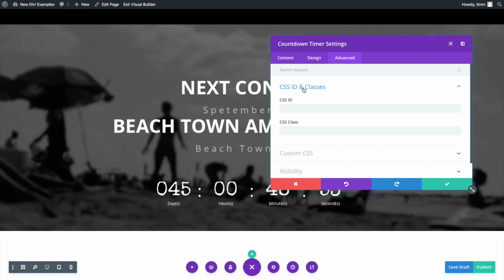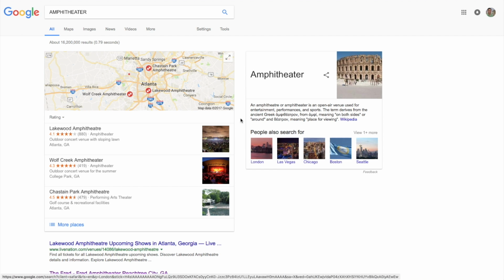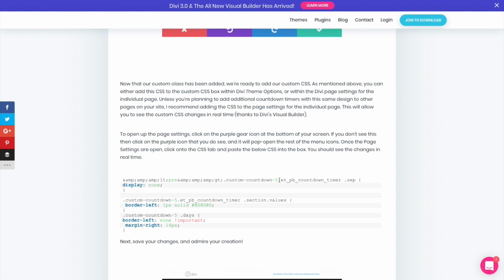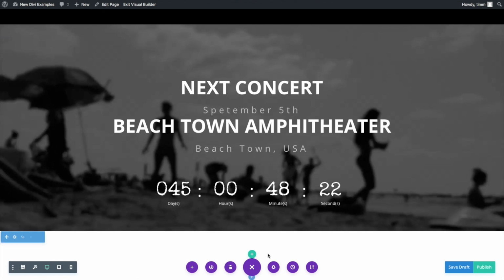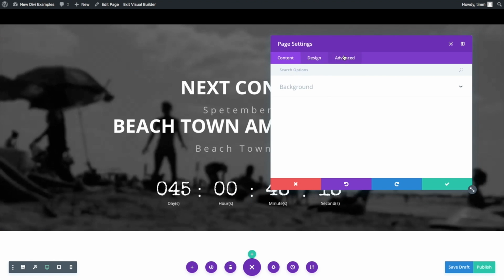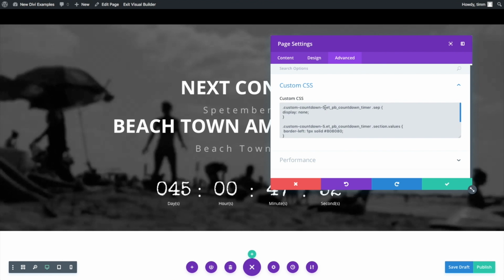So instead of putting it directly into this section, we're gonna actually put it into the entire page's custom CSS code. So I'm gonna just add in this CSS ID here. I'm gonna go back to that. Then we're going to copy the rest of this code here. I'm going to put this on the main page custom CSS. So to do that, you just scroll down here to the bottom, click on this, click on the little gear icon, click on advanced. Just go ahead and add this custom CSS in here. I'm going to copy this again